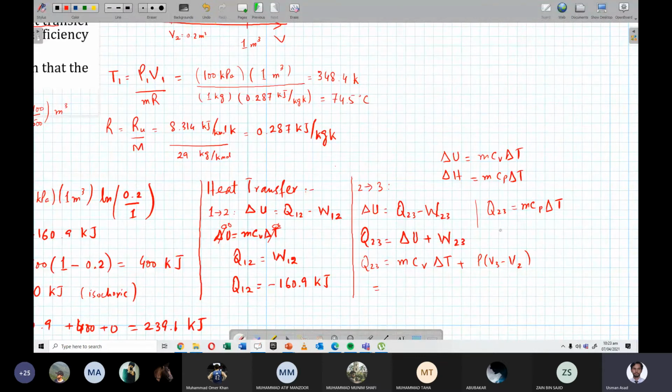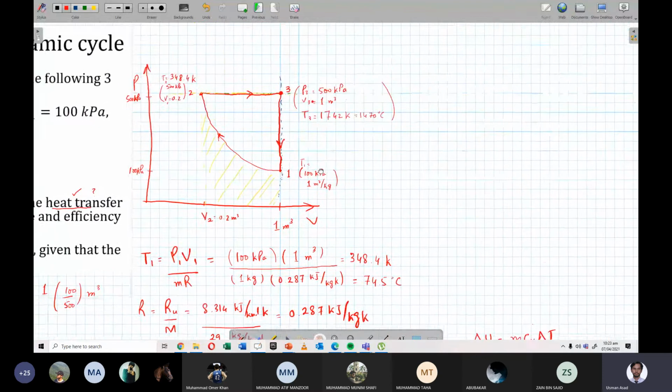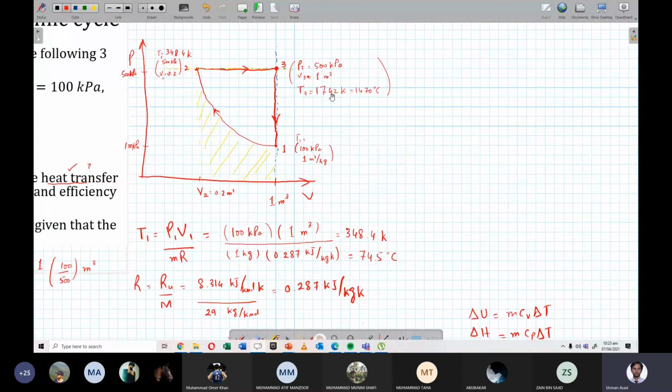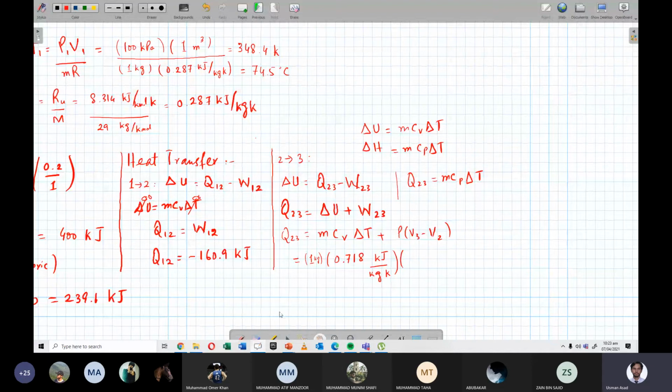Regardless of which way you calculate it, here the numbers are going to be mass is 1 kilogram, specific heat at constant volume is from that table that you just saw, 0.718 kilojoules per kg Kelvin, and delta T for the process 2 to 3 is basically T3 minus T2. So if you look up here, T3 is 1742 minus T2 is 348.4, right? So this delta T